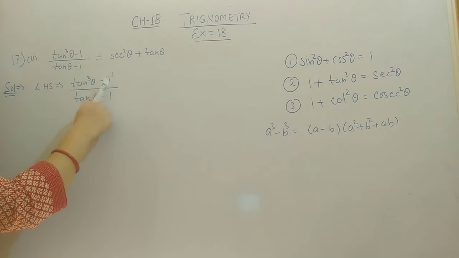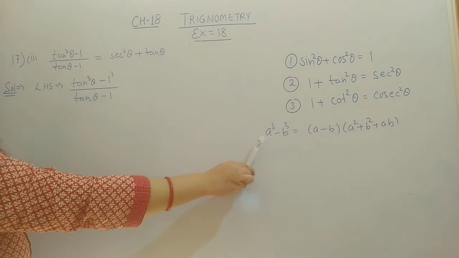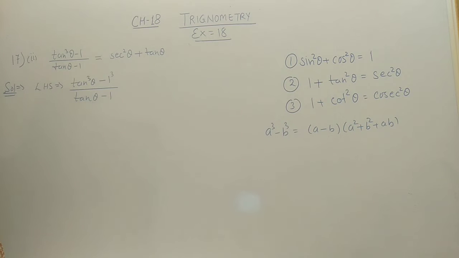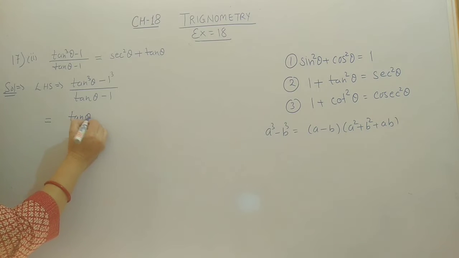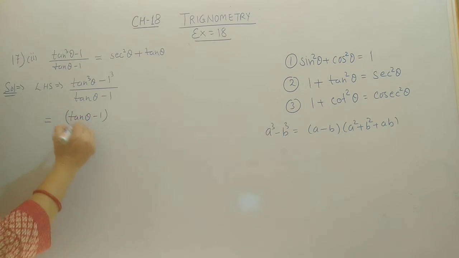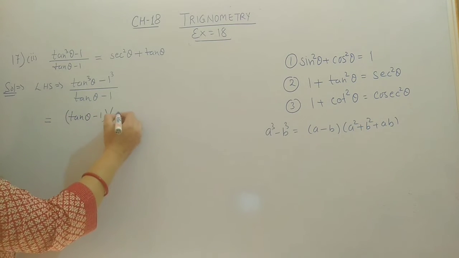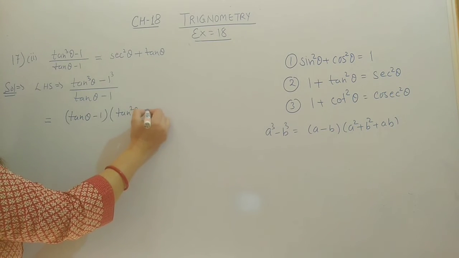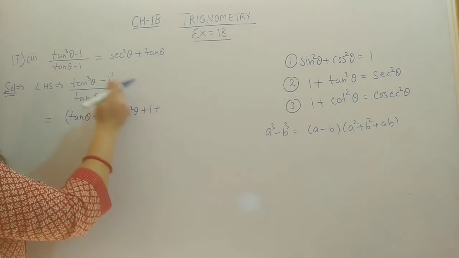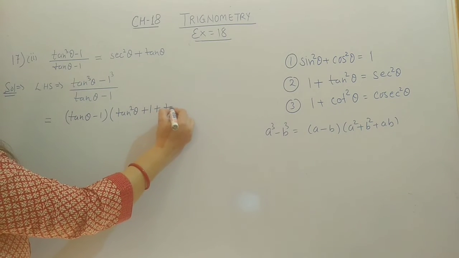Now a cube minus b cube, we will use this identity: a³ − b³ = (a − b)(a² + b² + ab). So with the help of that identity we can expand and write it as (tan θ − 1), and in the other bracket, a square means tan²θ, plus b square means 1, plus ab, tan θ into 1 is tan θ,